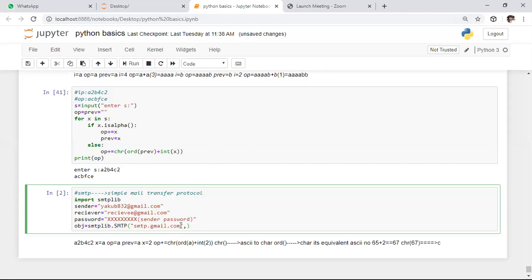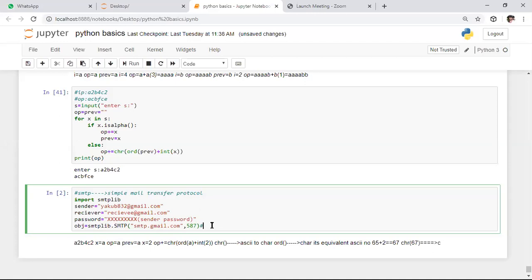So here, if you want to establish the socket connection, we need to have the host address. After that, we need to have a specific port number. Here it is a transport layer protocol, as we already learned in the computer network subject, so we need to specify the port number. Each specific application has its own port number. If you consider an HTTP server, the specific port number is 80. If you consider the FTP protocol, the specific port number is 21. Like that, for this SMTP module, which is used for Gmail, the specific port number is 587. It is the port number for this SMTP library.